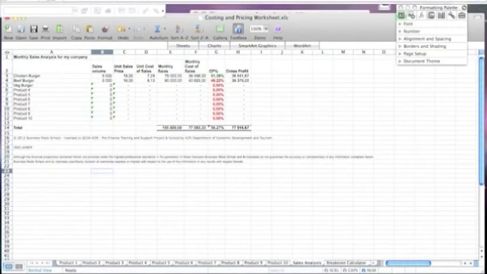Welcome to the second half of the Costing and Pricing DVD, which is where we're going to take the theory and make it practical. So what we found is that a lot of those formulas like gross profit and markup are quite difficult to calculate if you're not an accountant. So what we've done is we've put together a tool that you'll be able to use to do your calculations and work out break-even for your business.